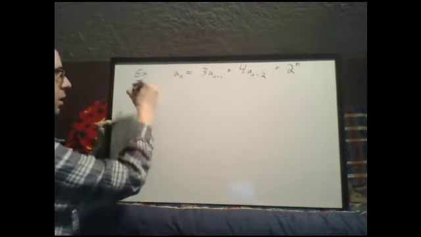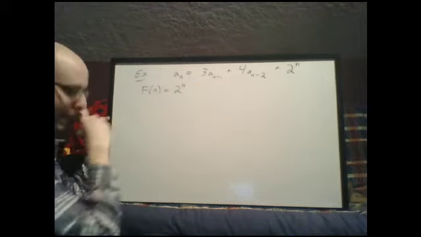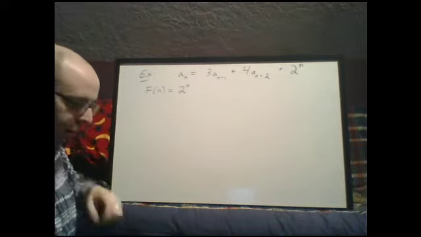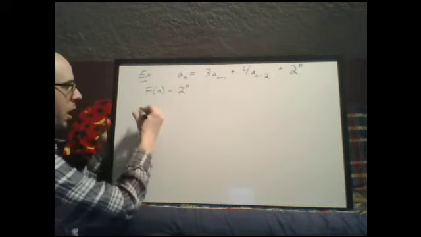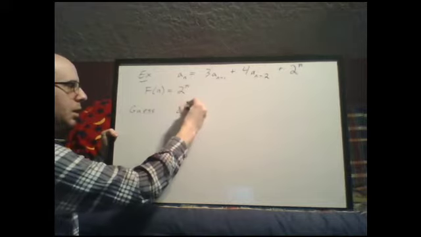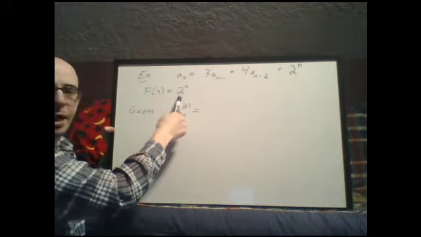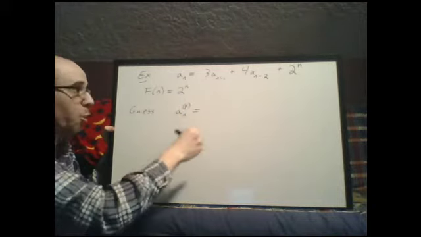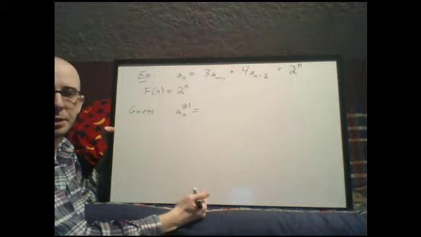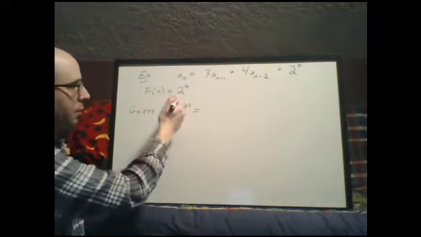So f of n, in this case, is 2 to the n. Okay, so our thought process is, our guess for APN, we want to essentially match the kind of function f of n is. Now, it won't be the same function, it'll just be the same type of function with some extra coefficient, or extra coefficients in general. Okay, so what I mean by that is, if I were to describe in words what